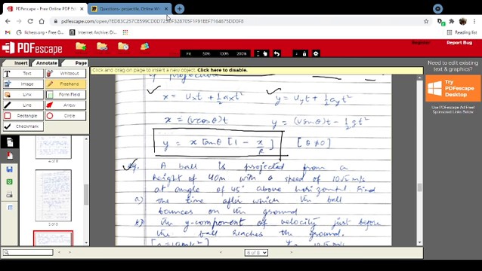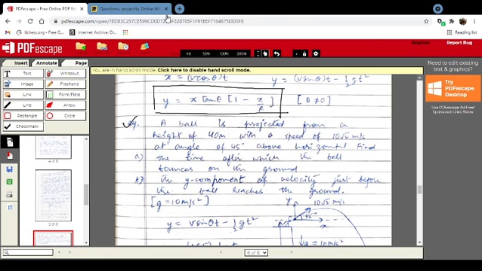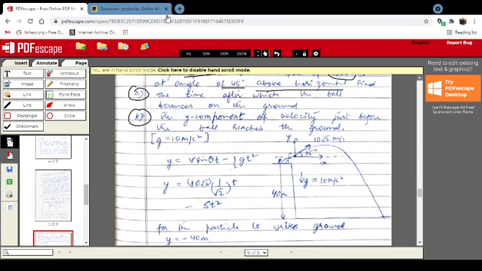The example is, you have a ball. The ball is at a height of 40 meters and it is projected with a speed of 10 root 2 meter per second at an angle of 45 degrees above horizontal. Find A, the time after which the ball bounces on the ground. B, the y component of velocity just before the ball reaches the ground. So let us look at the figure. In this figure, this is the man who is throwing the ball. This is the ball.